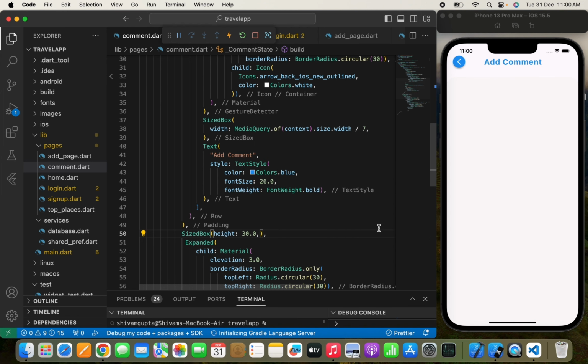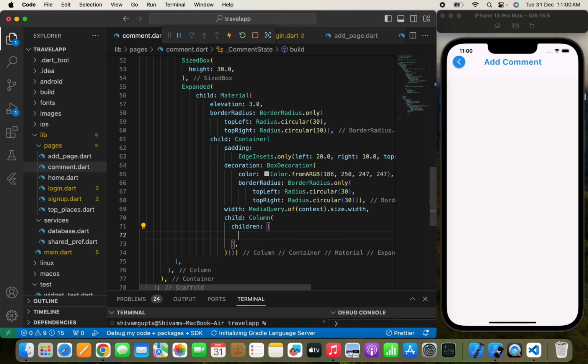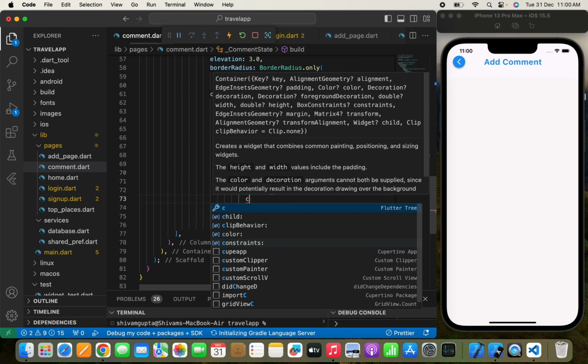Yeah, so once we have done this thing, now here what I'm going to do is that first I'm going to show all the comments over here and a text field so that the user can simply add a comment. So first I'm going to simply write, like first create a UI of this comment page. Then I'll show you how to add a comment and show that comment in this page. Yeah. So for that I just need to simply create a container over here, and in the child I'll just